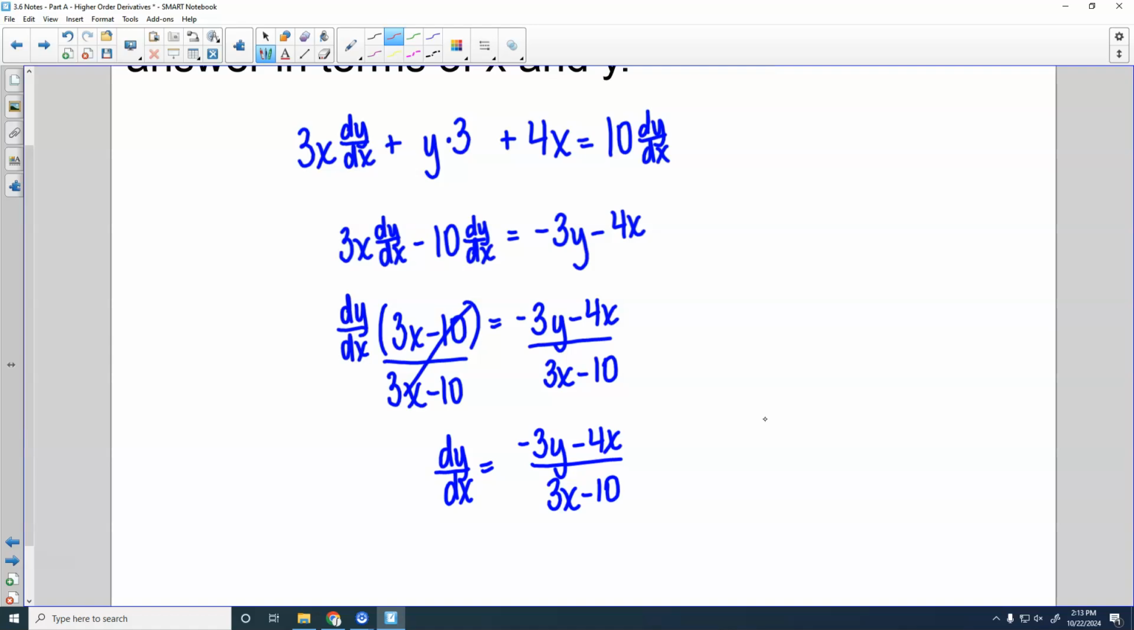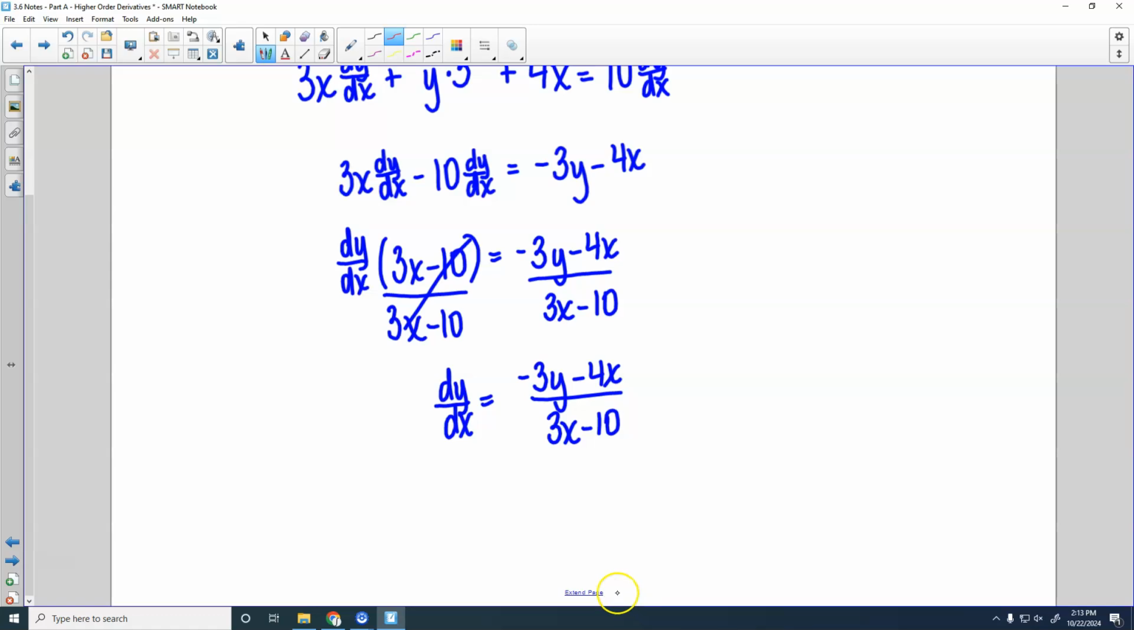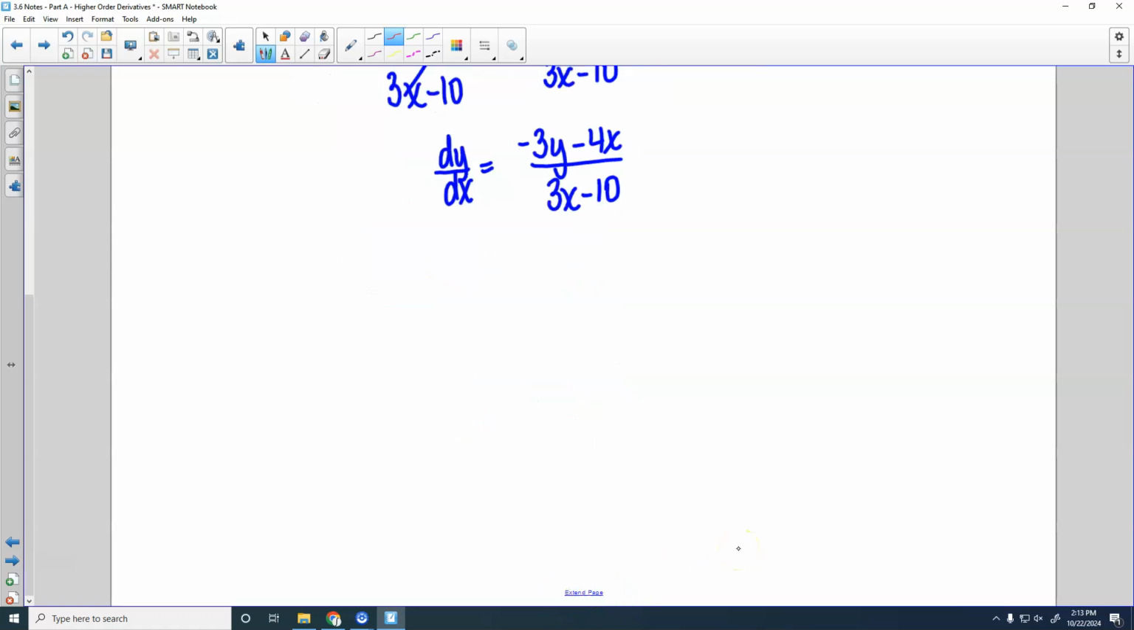Okay, questions on that part? Okay, so we want to make sure we got that right first. Then we go on to the second derivative. So when we take the second derivative,